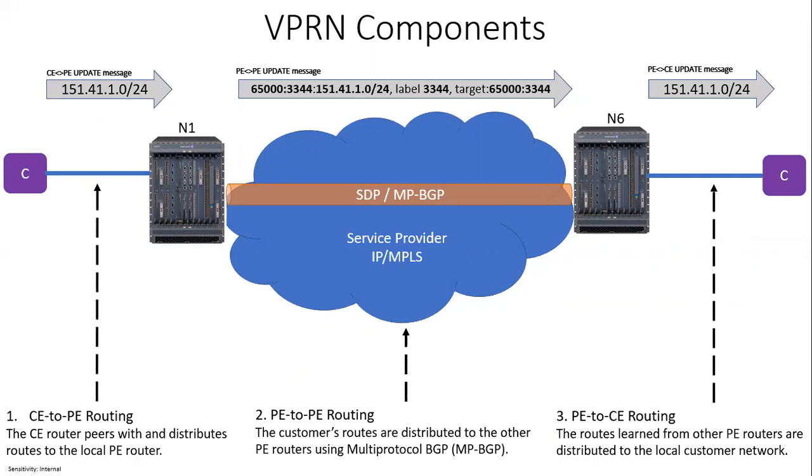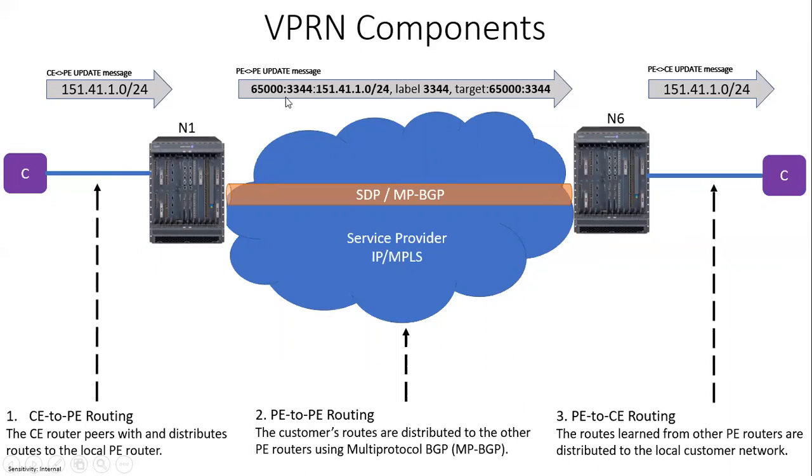So once it gets to the provider edge router, notice that previously we said that the provider edge router was running multi-protocol BGP between each other provider edge router. So once the PE router receives this update message, depending on what SAP it came in on, it's going to distinguish this route within the service provider network by attaching a route distinguisher to it, which in our case